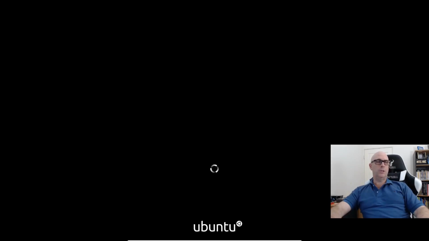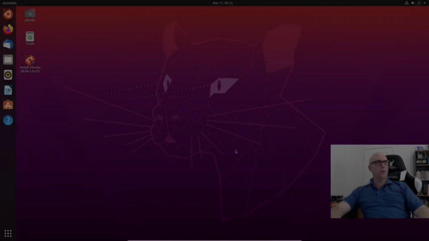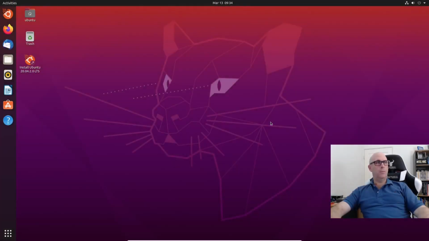We'll just skip the check because it's been checked many times. Don't want to wait for the check again. So that was interesting. I probably didn't even have to do the control escape because it automatically saw the Ubuntu under Legacy anyway. All right, so we're gonna, it'll come up with the menu or that little box,